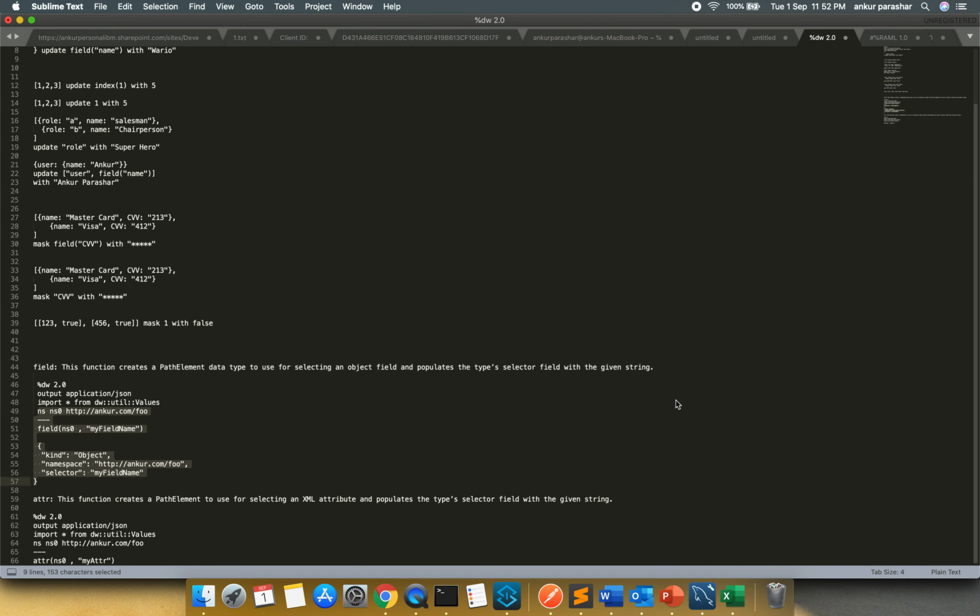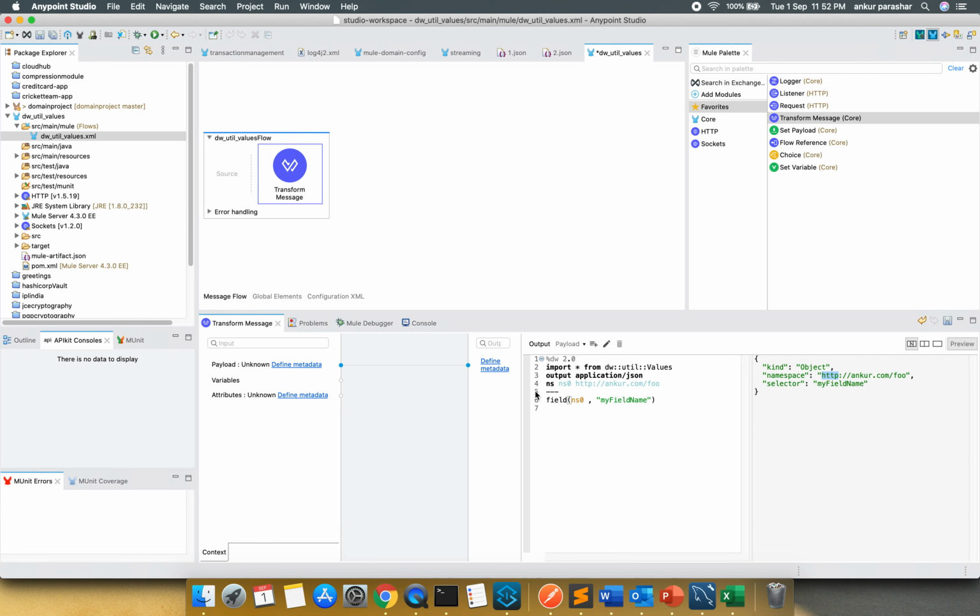Now let me take another example. We have taken this example just for selecting an object field. Similarly, in XML we can have an attribute as well. We can have this directly as attr, and you can put my attr, which is mainly a placeholder.